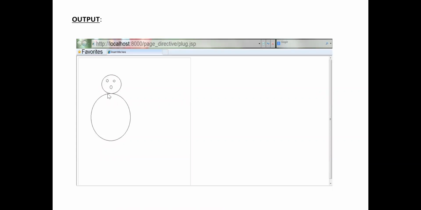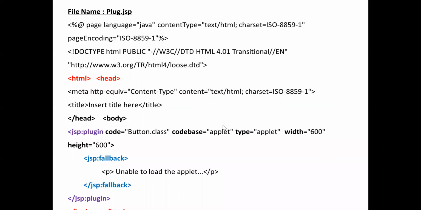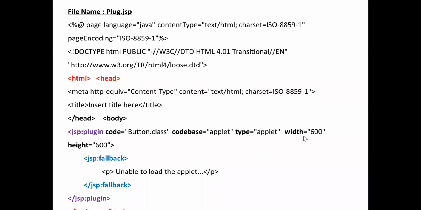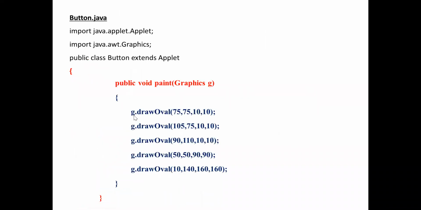You can see that there are 1, 2, 3, 4, 5. So there are 5 types of ovals within the applet size of 600 and 600. So I can write g.drawOval. Oval has a capital O and draw has a small d.